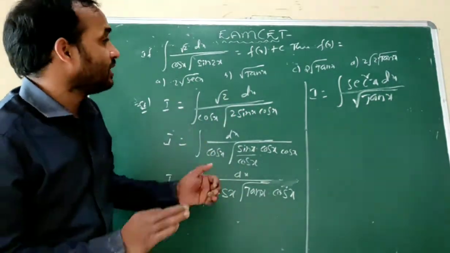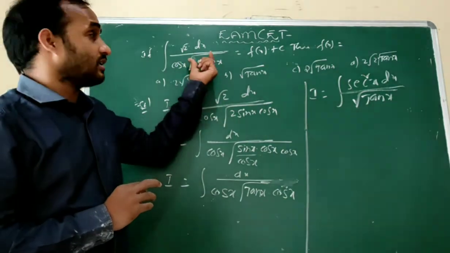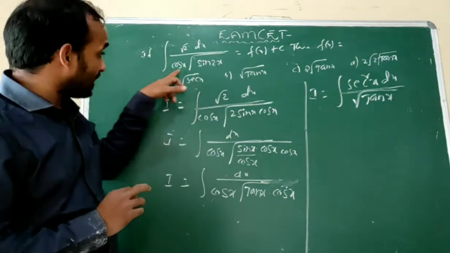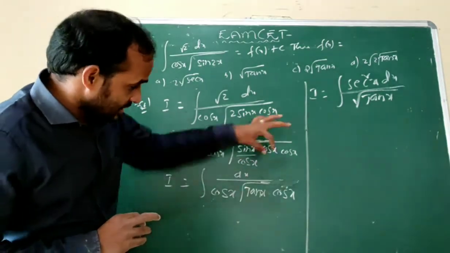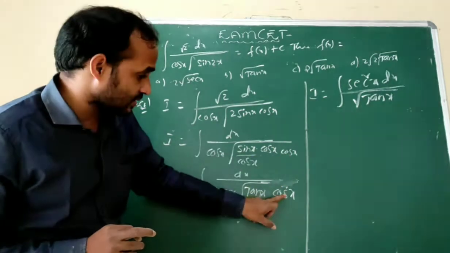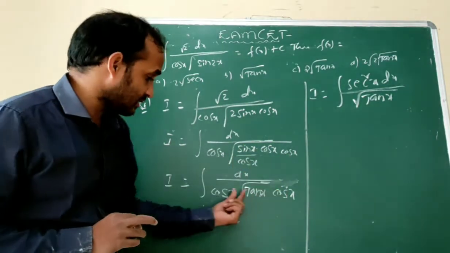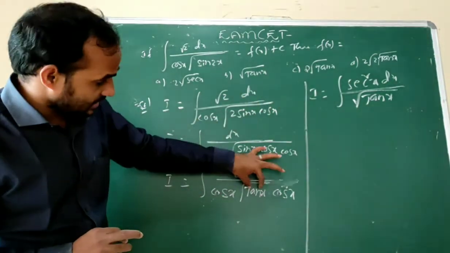Here is one of the problems. There is no use because of 1 minus 1. So sin theta cos theta, sin x minus cos x whole square. But here it is multiplied by cos x. That is our calculator. Here is cos x. So that means under root, here is root 2 tan x, cos x into cos x, cos square x, square root cancels, only cos x into cos x, cos square x. 1 by cos square x, secant square x. Here is root 2 tan x.